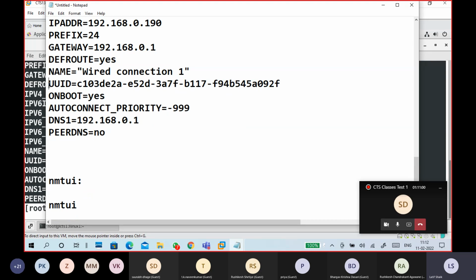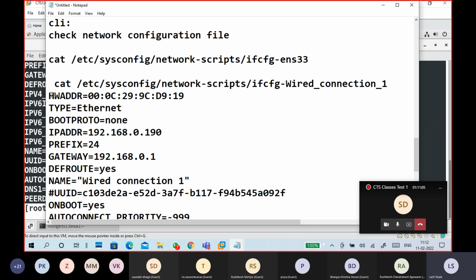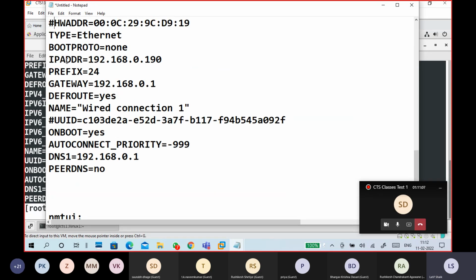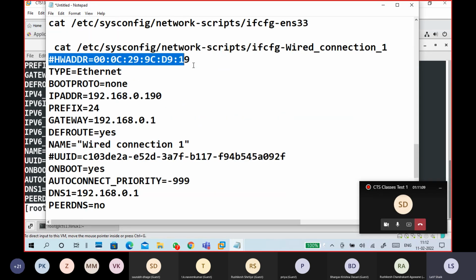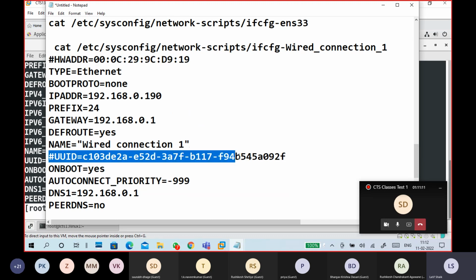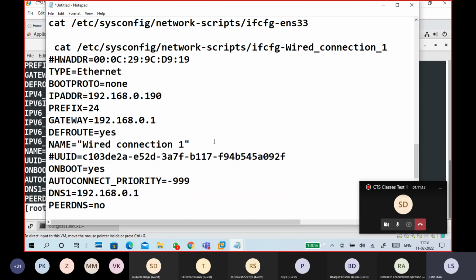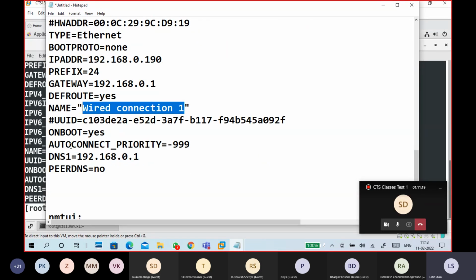This is also optional. I'm putting a hashtag for optional stuff. If I put a hashtag, it means it is optional, it depends upon your hardware. If you want to change the name of this one, you can, your wish. Auto connect priority like that, and the given DNS address.